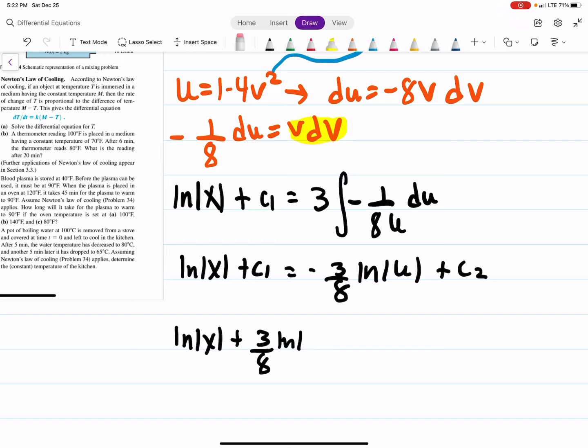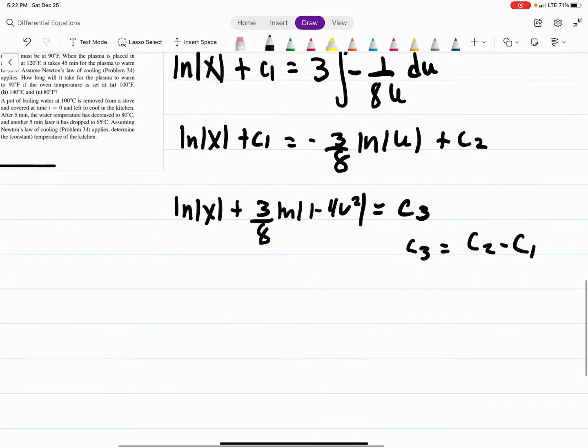And I'll also substitute what u is. We said u was 1 minus 4v squared, and we'll set that equal to C3. And we'll say C3 equals, well, just C2 minus C1. Okay, so that's just a collection of constants. Going forward, I'll just keep it C. But I'm doing it this time kind of slowly just so we can see and understand why everything is the way that it is. All right, so using log properties here,